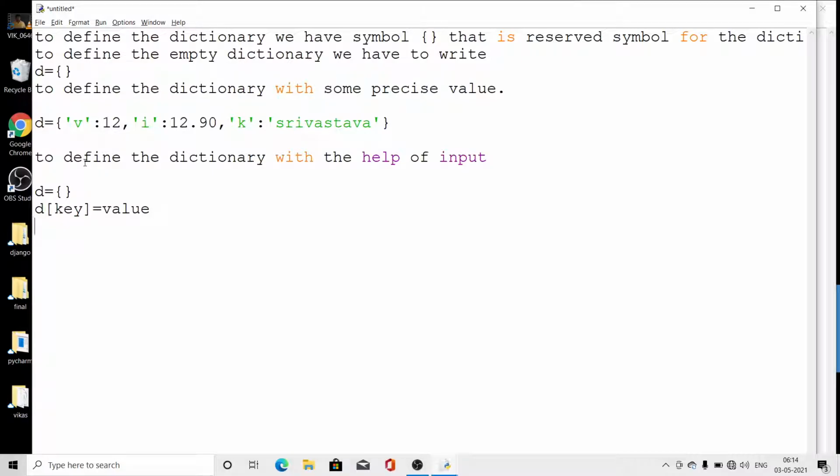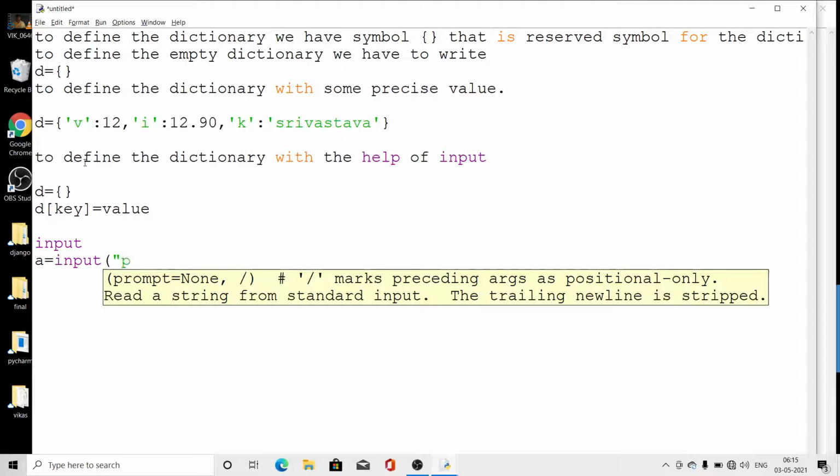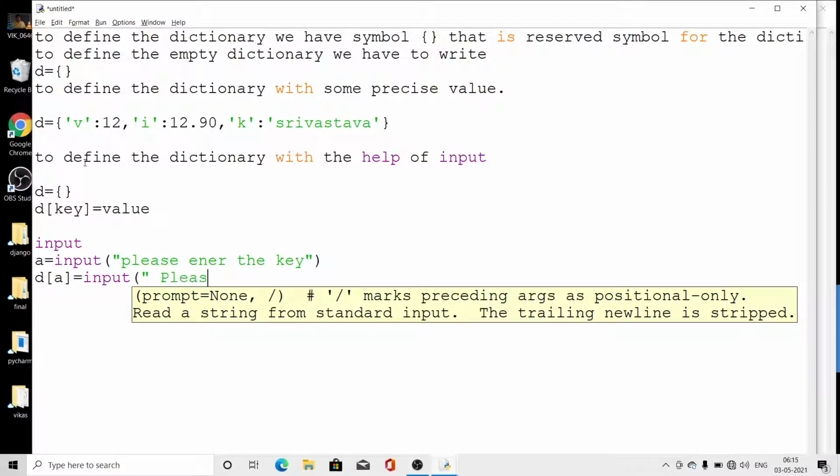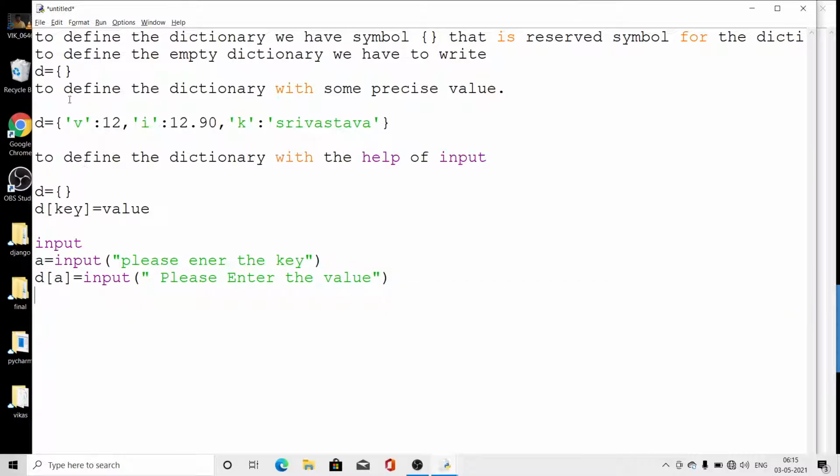The same way with the help of input, how will we do it? We write a is equal to input, please enter the key, and then I write d of a is equal to input, please enter the value. This also we can do.